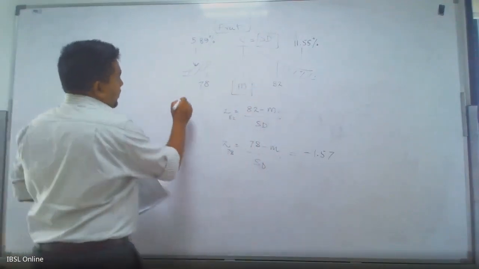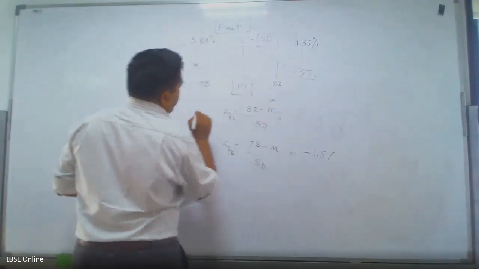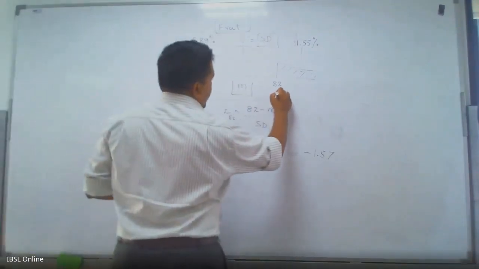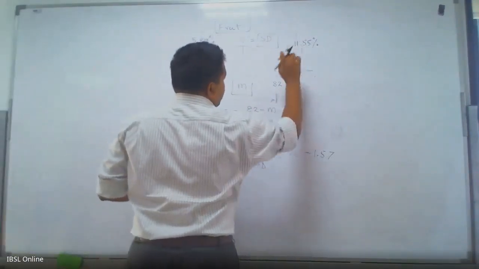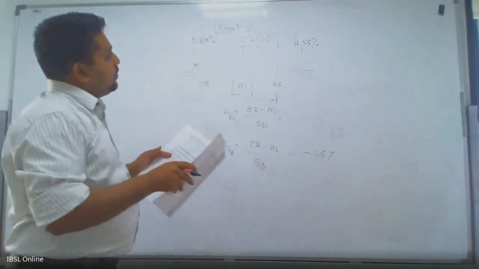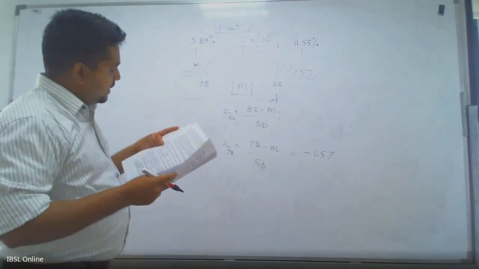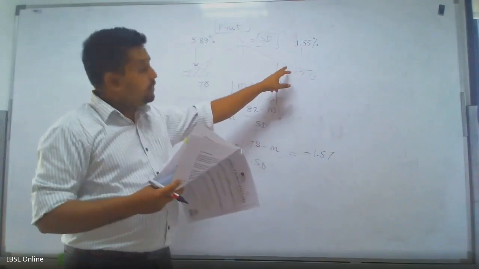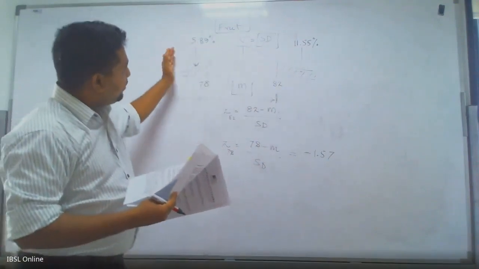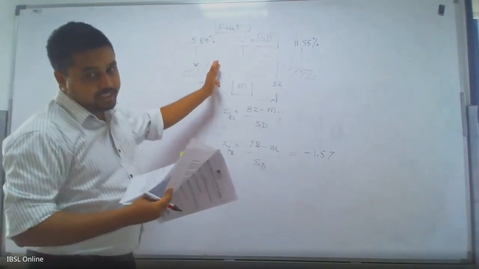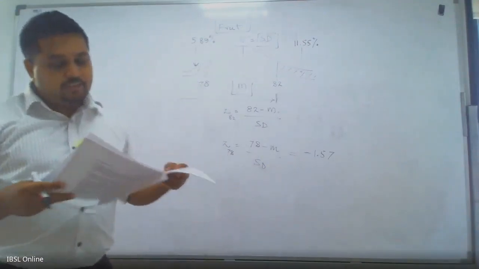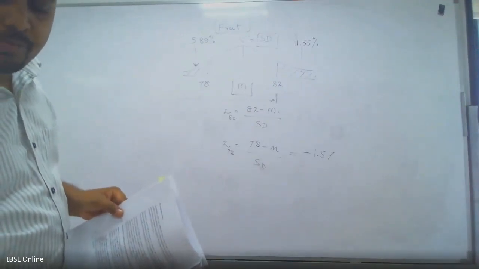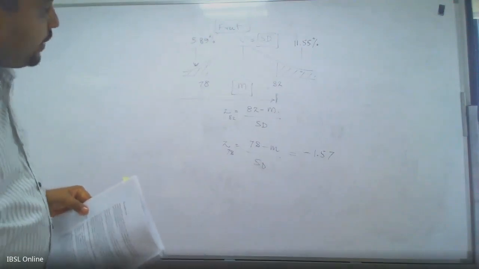Don't forget the theory. We have said the Z table will come from the left hand side to the right hand side. That means we have to first take 100% minus 11.55% for this to be considered. Isn't that so? If we take 11.55 from this end, we are only taking this 11.55% from negative infinity to 11.55. That's not the case. We have to take 100 minus 11.55, and that particular value has to be looked up from the table. That means we have to look for